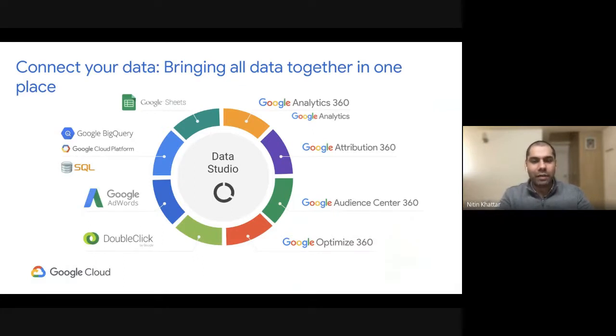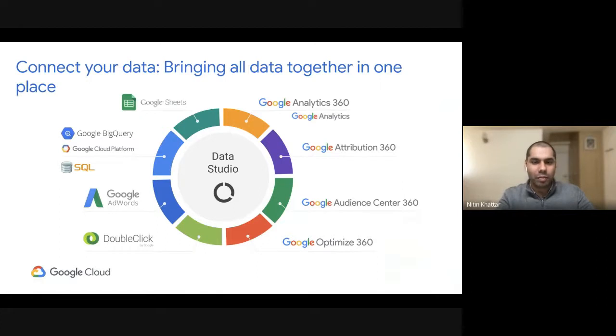Okay, so basically, to give you a background, Data Studio started as one of our visualization tools in our Google Marketing Platform. So all these integrations that you see on the right-hand side, from analytics, attribution, audience, optimize, DoubleClick, they were all there when it started to evolve as a marketing platform. But then we realized that this is only one part of the data.